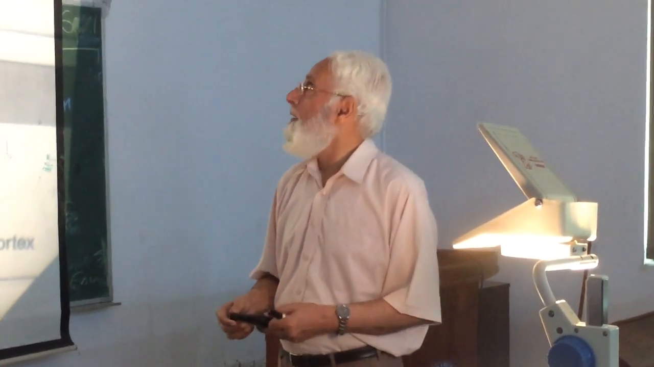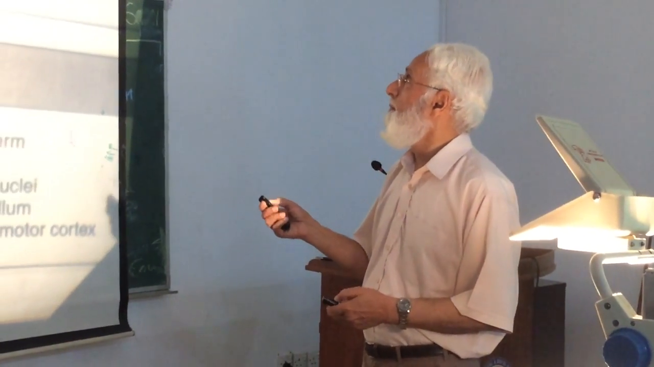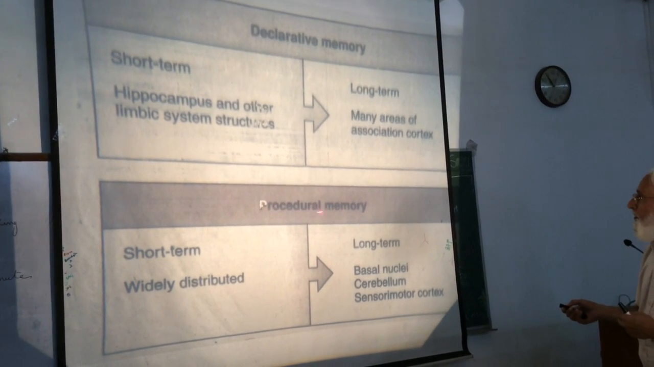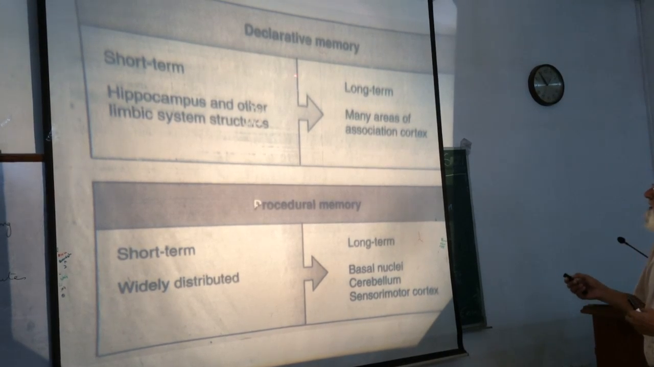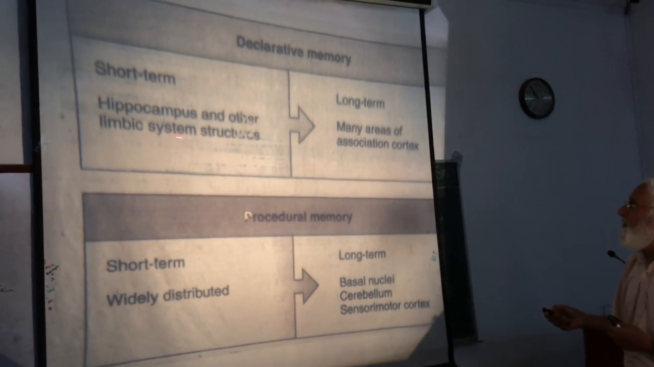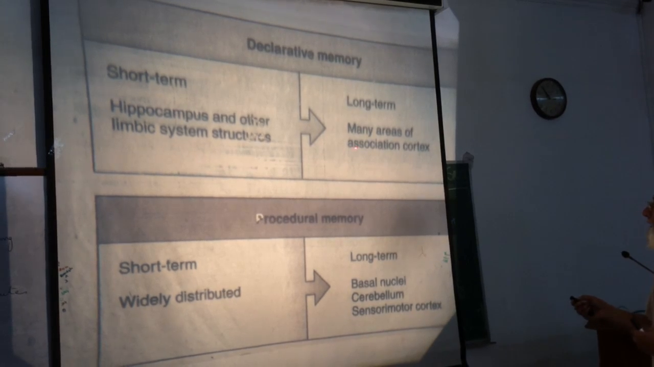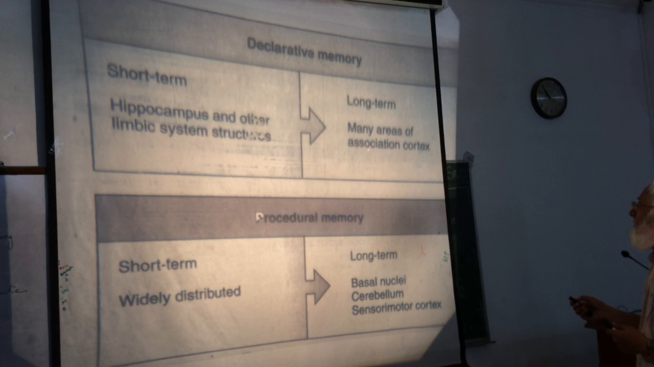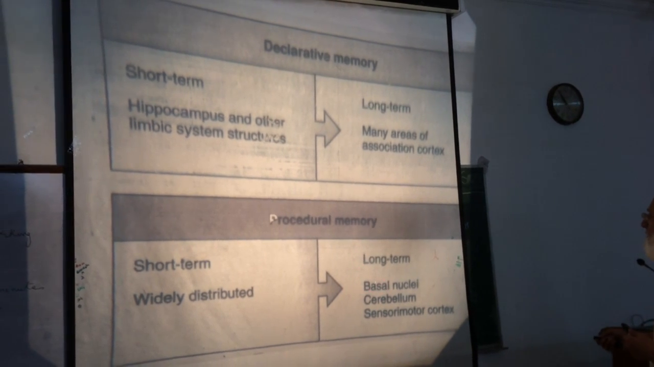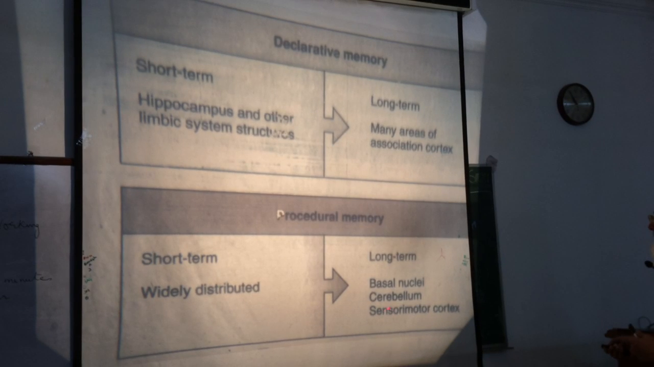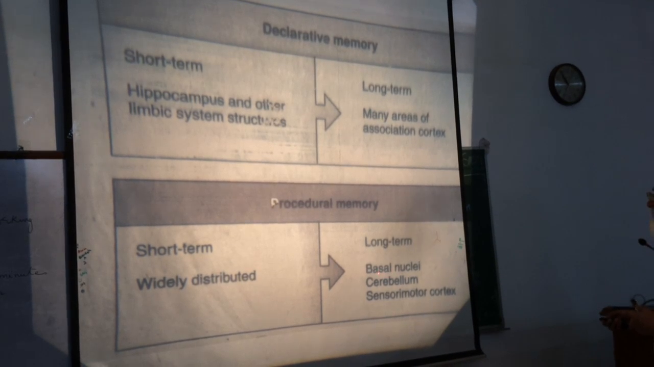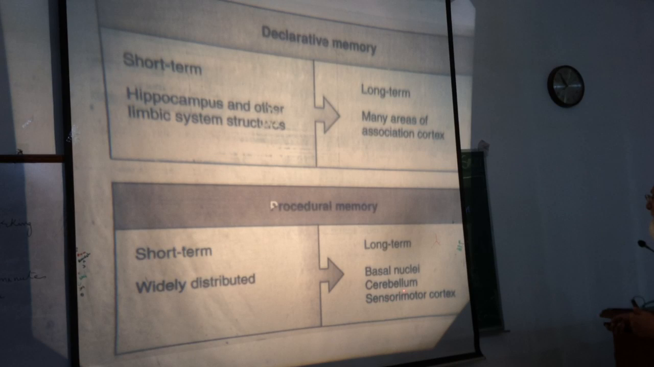So these are two types of memory: declarative memory and procedural memory, or the implicit memory or the skill memory. In declarative memory, the parts of the brain required are the hippocampus, other parts of the limbic system, and then association areas in the cortex. For procedural memory, you need the role of basal ganglia, basal nuclei, cerebellum, and sensory motor